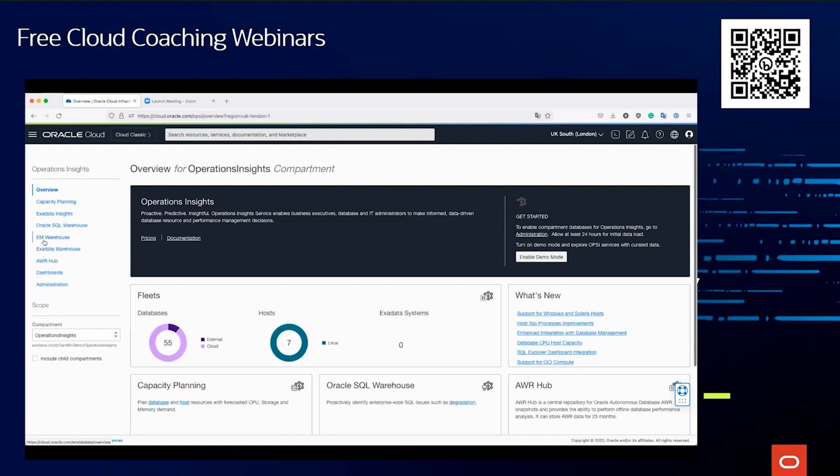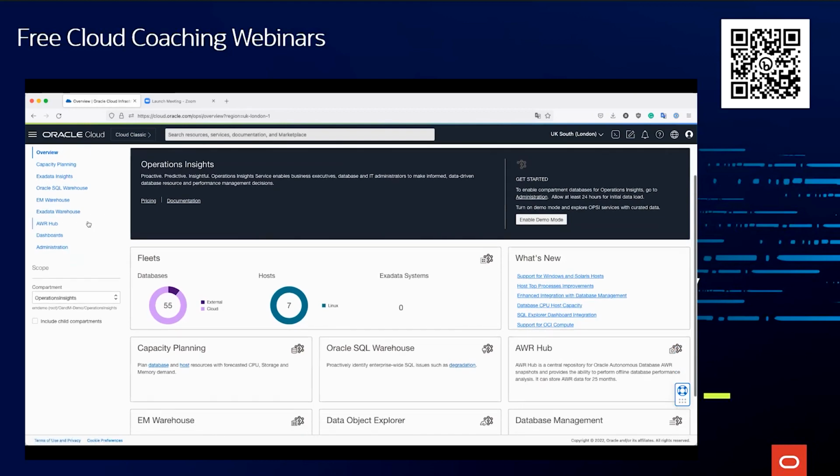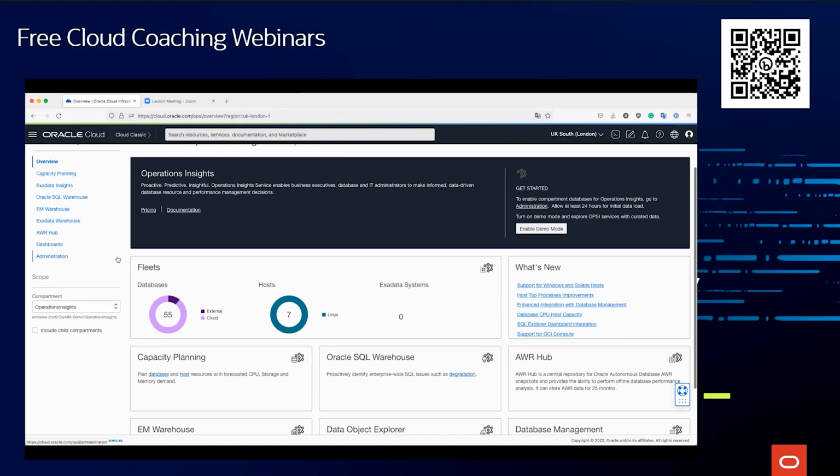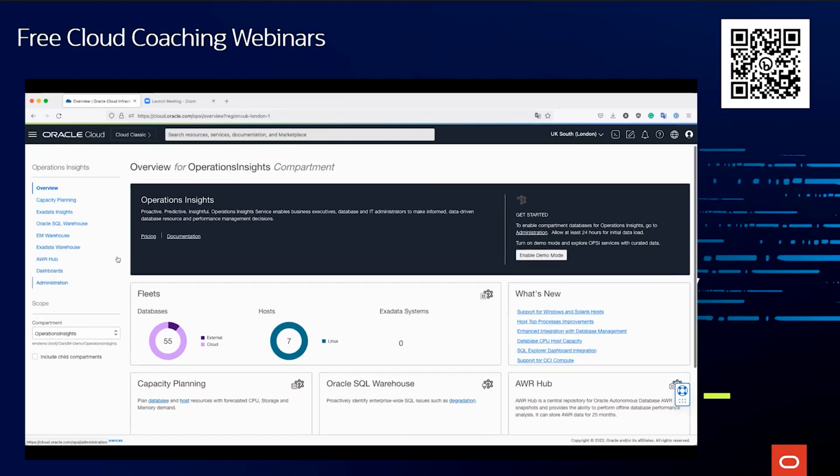So we have similar warehousing for your Enterprise Manager telemetry. We have it for the Exadata metrics as well. And then also for the AWR Hub, which is nothing but a long-term hub which stores your AWR snapshots into a single space for your historical analysis. Now, together with all of these things that we saw here, we can easily create custom dashboards suiting our needs. They are very easy to create, and the visualization actually helps us to identify the performance and the usages of